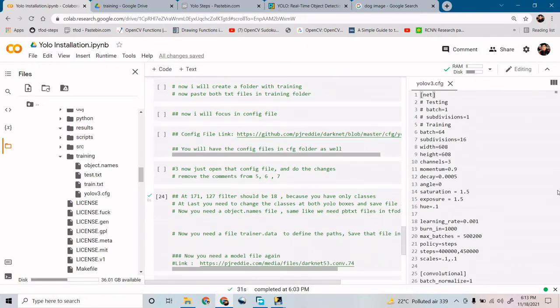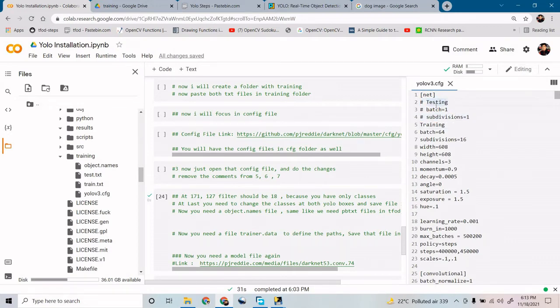Now see, first of all, you are going to do training, right? What you need to do? You need to, first of all, uncomment these things: training, batch, and subdivisions. These three things should be uncommented, and you need to comment out the others.